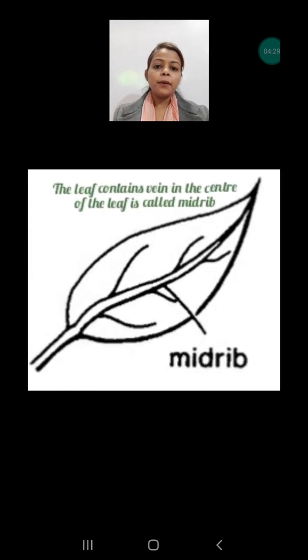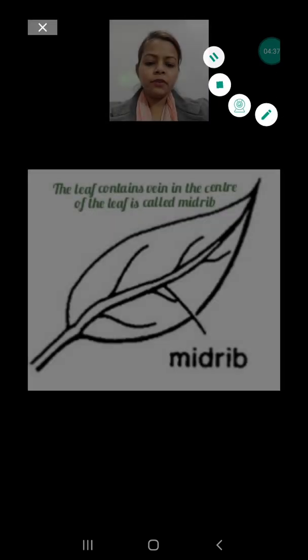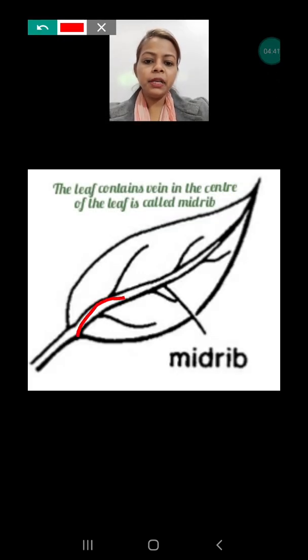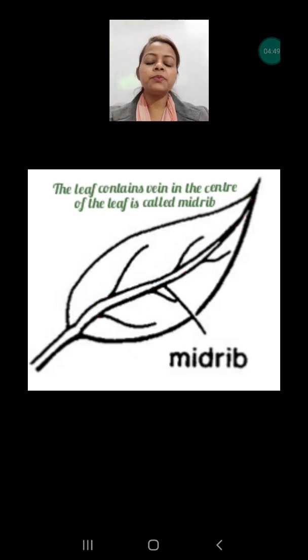The next is the midrib. What is the midrib? In the picture you can easily see what the meaning of midrib is. Let me draw the picture also, it will be more clear. So the midrib is the middle part that I am drawing. It is a pipe-like structure present in the middle of the leaf, and it provides support also. How is it providing support? Because you know the leaf is very thin, and if the midrib were not there, the leaf would not get support. So the midrib in the middle of the leaf provides support, so that the leaf will not bend and will stay straight.